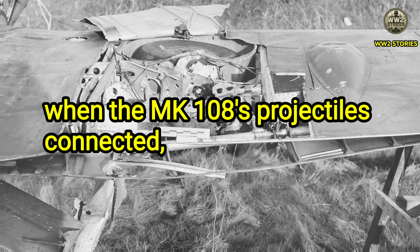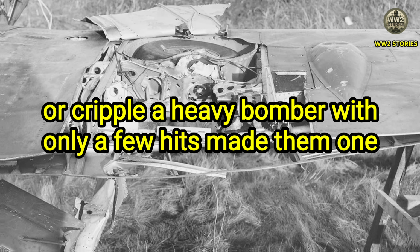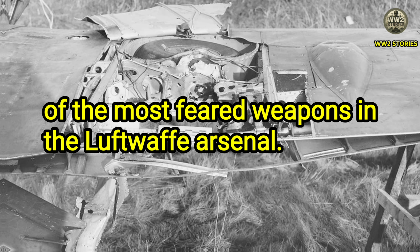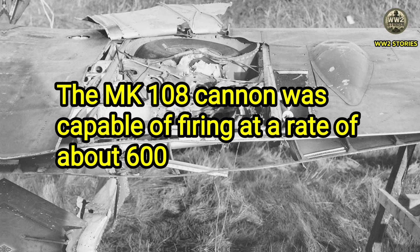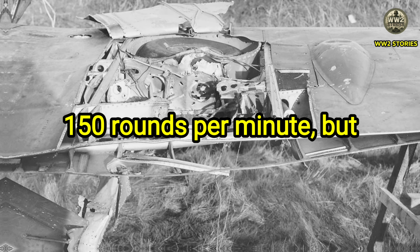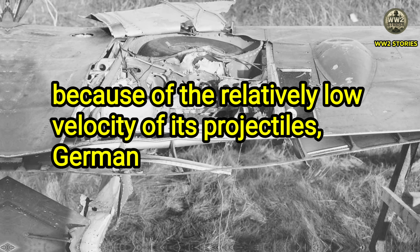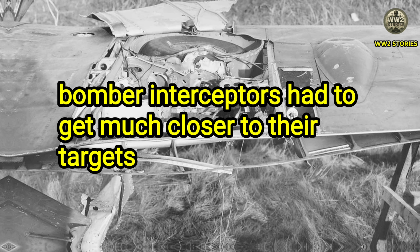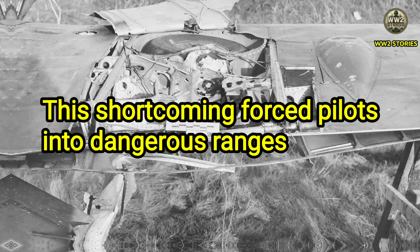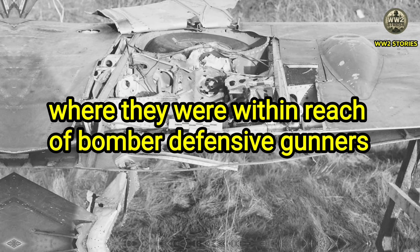Despite these shortcomings, when the Mk-108's projectiles connected, their ability to destroy or cripple a heavy bomber with only a few hits made them one of the most feared weapons in the Luftwaffe arsenal. The Mk-108 cannon was capable of firing at a rate of about 650 rounds per minute, but because of the relatively low velocity of its projectiles, German bomber interceptors had to get much closer to their targets before opening fire. This shortcoming forced pilots into dangerous ranges where they were within reach of bomber defensive gunners and